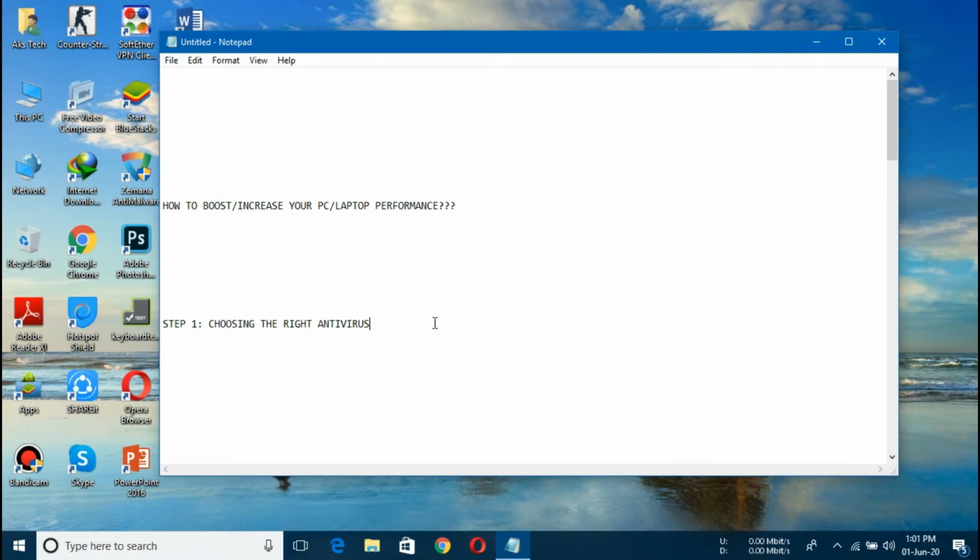So what you have to do? There are 3 important steps for using the right antivirus.